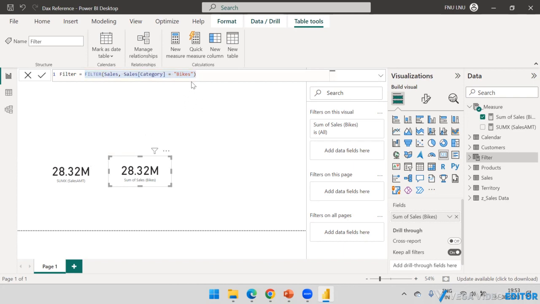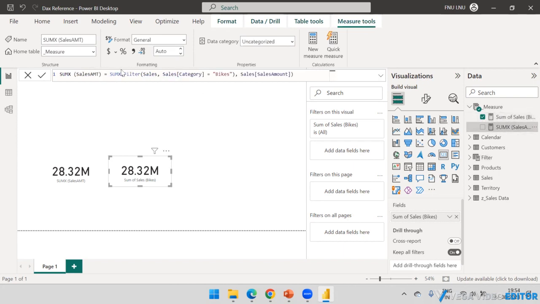But yes, this is how we can use the filter function also to return the tables in a DAX expression. This kind of expression, if we use it in a calculation, is referred to as a table filter expression